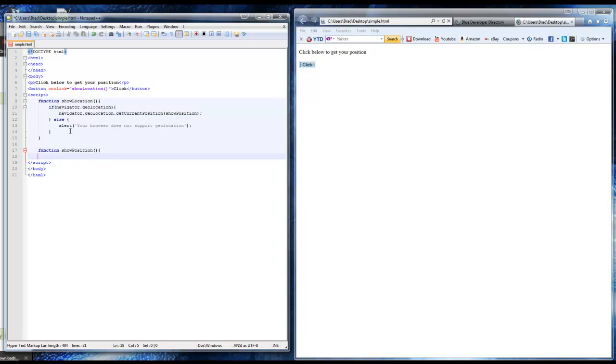So now we'll create this show position function, and we want to put the position as our parameter. What I want to do here is I want this function to just alert us with our coordinates. So we want to do an alert,